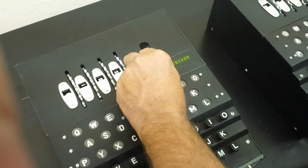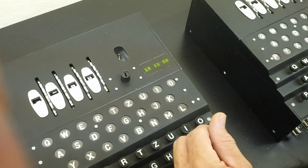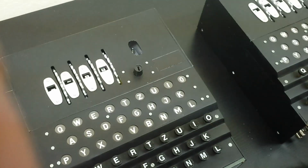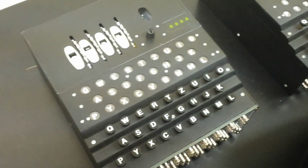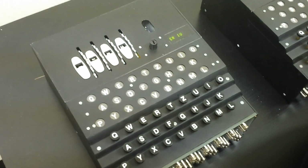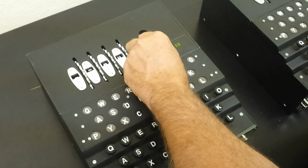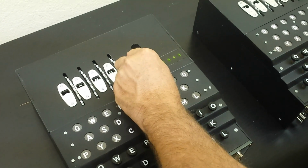and then we review it, ER, IU, QW. If we wanted to remove something, we would map Q to Q, and what it would do is it would remove that patch. Notice QW was removed. So after you set up all your machines, you can verify your settings,